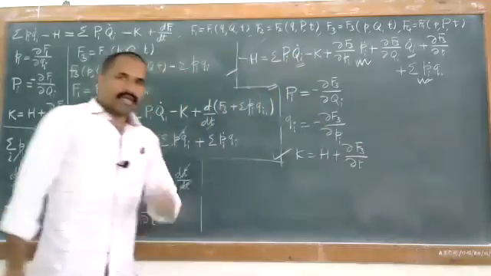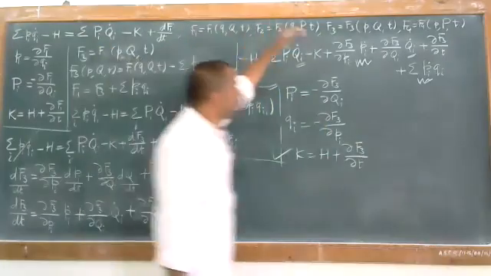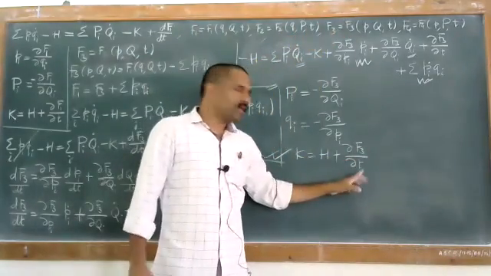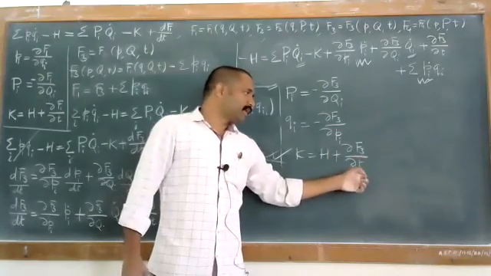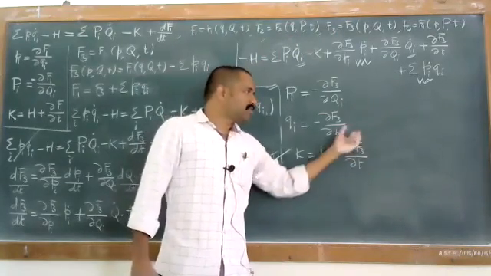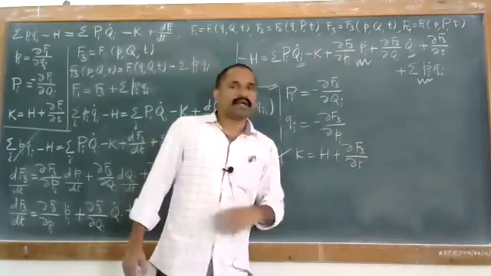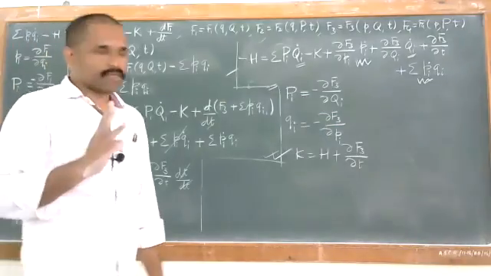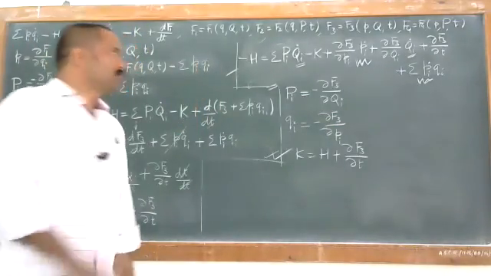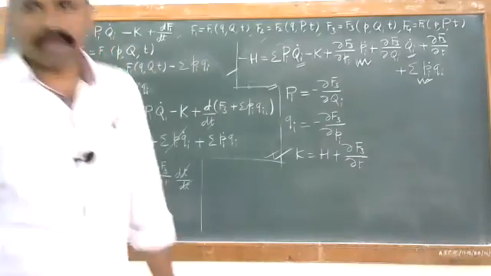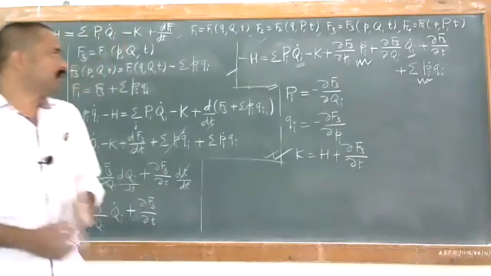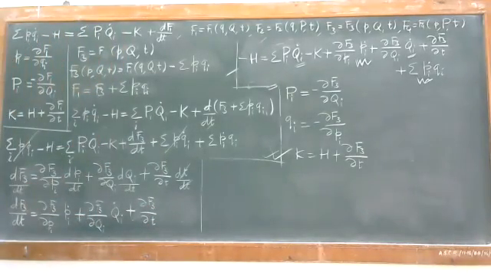Take any equations, first function, second, third, fourth, this relation will remain the same: K is equal to H plus partial f1 by partial t, K is equal to H plus partial f2 by partial t, now partial f3 by partial t, and in the fourth you will notice that it is nothing but partial f4 by partial t. That was your third function. Now we'll have to look at the fourth one. The fourth one is also very simple. We'll have to look at the conditions, how this relation can be used.